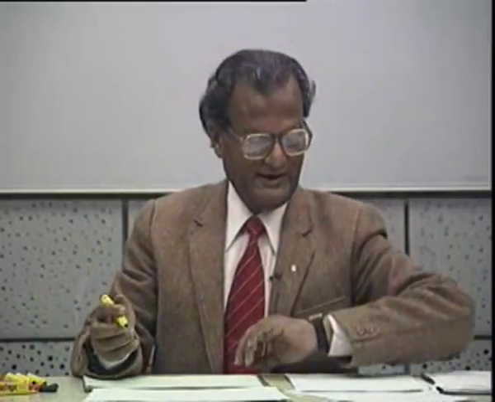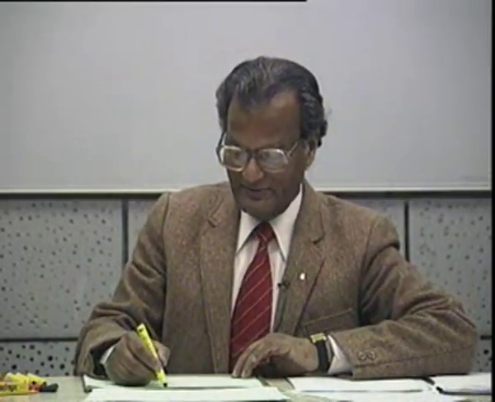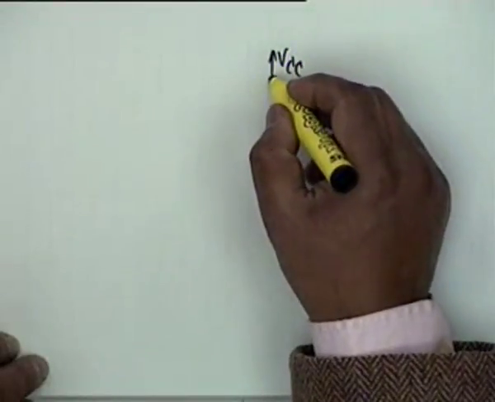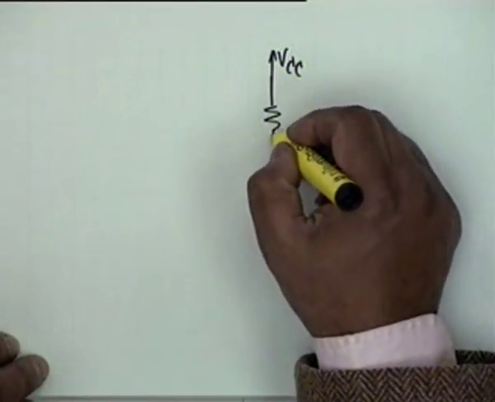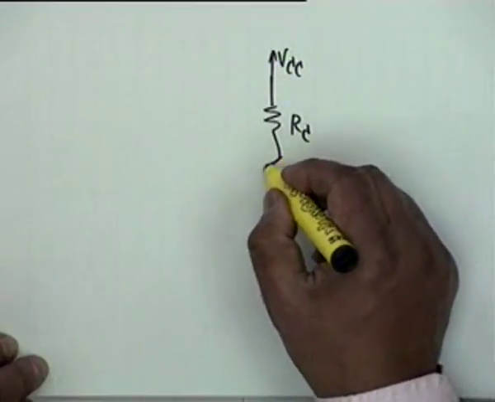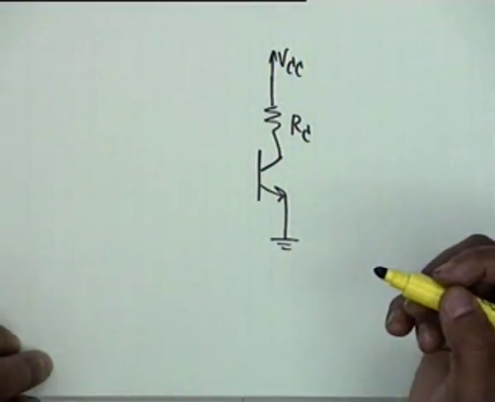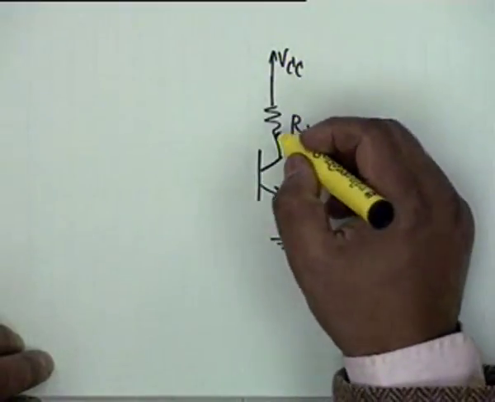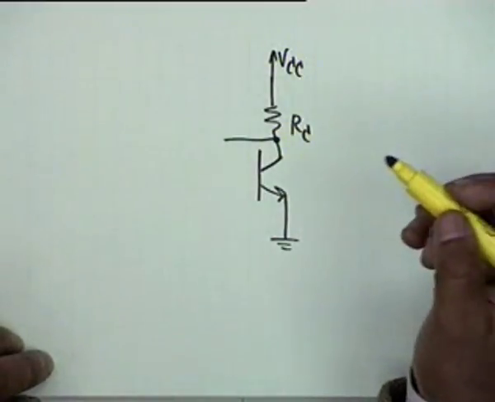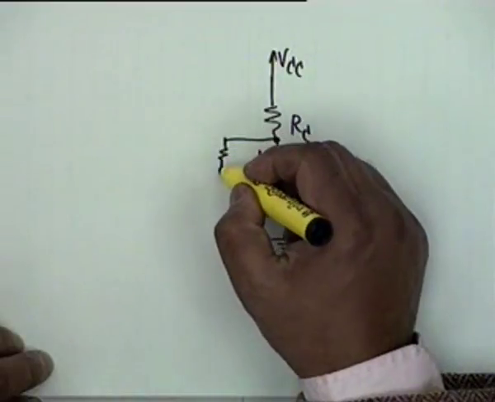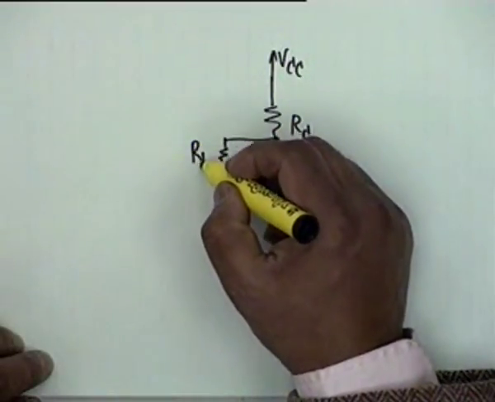The next problem is one that we left in the main class unanswered. That is, we have a transistor which is biased like this, R sub C, a BJT in which the emitter is grounded, and I told you that we use a feedback from the collector to the base. Let's call this resistance RB.